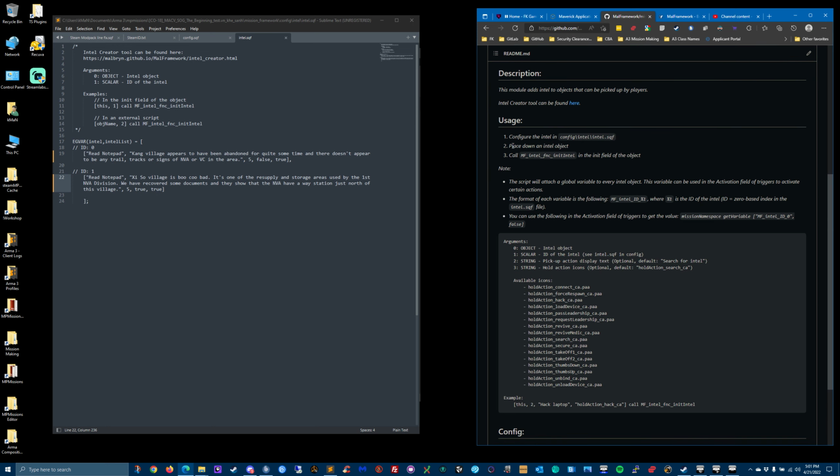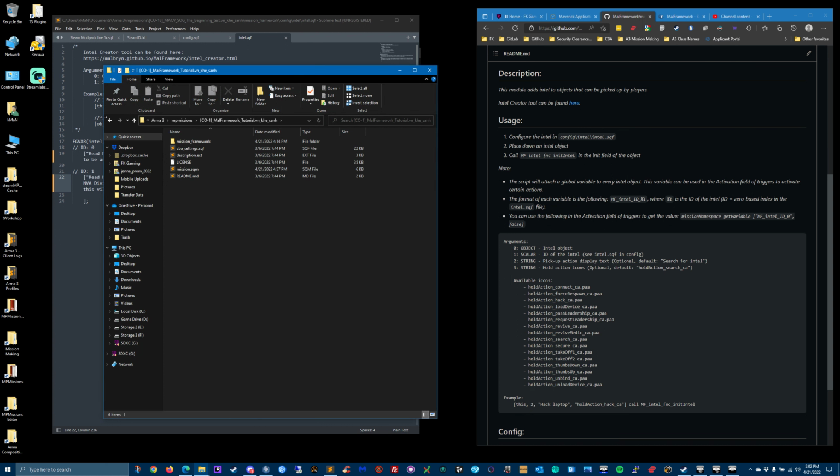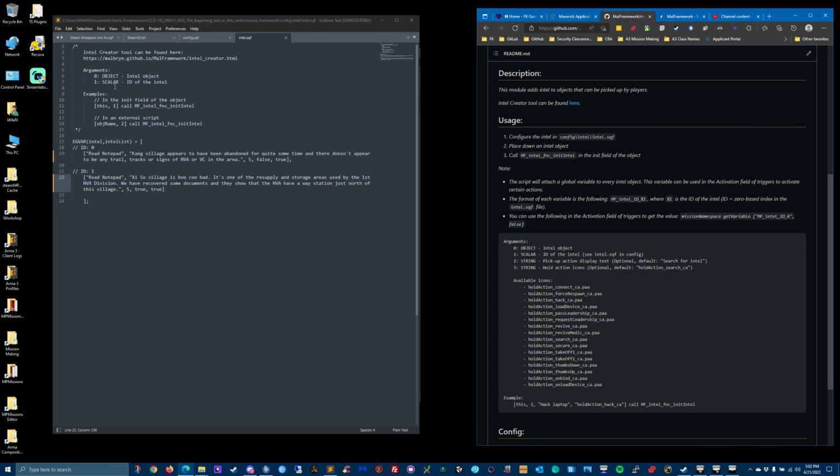To configure it, configure the Intel in the Intel SQF. So when you are in the folder structure, you go to Mission Framework, Config, Intel, and he's talking about this Intel SQF. When you open that Intel SQF, this is what I have made previously. These are examples, but this is my first Intel, ID 0. It's read a notepad. It tells you some verbiage. It takes you 5 seconds before you read it, and it does not disappear, and it's global,